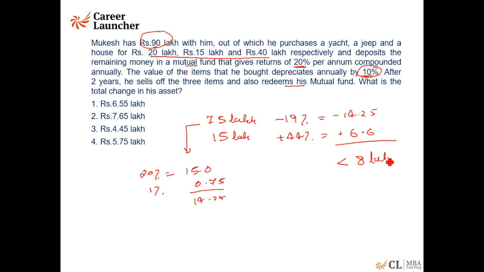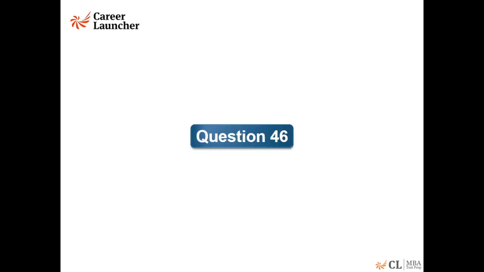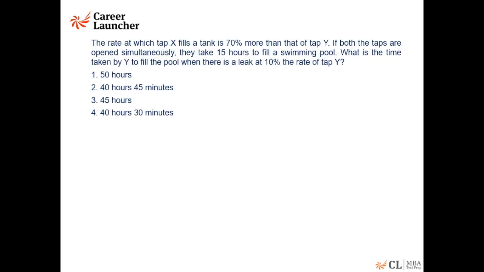It is a net loss of 8 lakhs. Okay. Or the change in the asset is slightly less than 8 lakhs. Correct answer. The choices are not close, so I don't need to get into the exact calculation. Standard question. I'm taking it up again for the simple reason people again work with different difficult numbers. I just want to highlight the fact you should work with simple numbers to make your calculation simple.